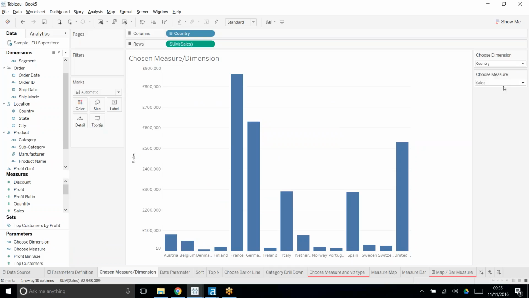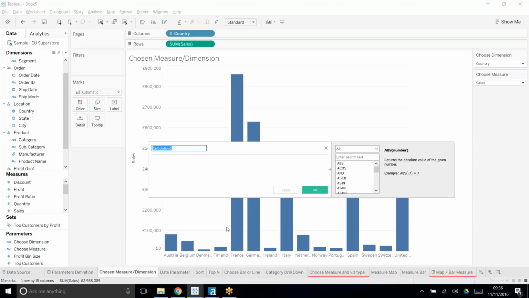yet. The reason is that we need to create a calculated field for these to talk to the parameters, which will then change the main view. So let's create two calculated fields. We'll call it chosen dimension. And here we're going to use a case function. It's basically an if function. So for case, we're looking at the parameter choose dimension, and we want to say when that equals country,